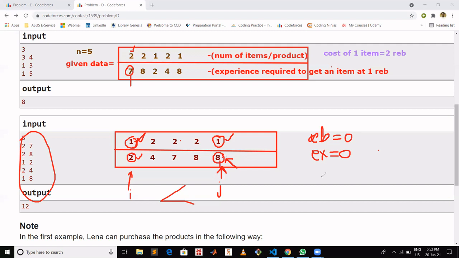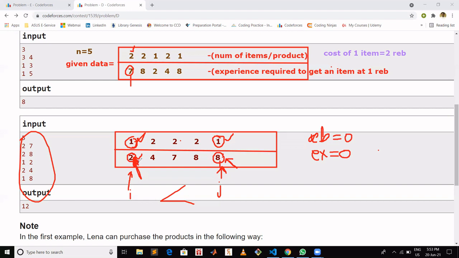How many products should we purchase of the jth one? Should we go for all items of jth one at 2 price, or some? How can we decide this? For this we will check what is the requirement. For requirement we will see the minimum experience we need to purchase the ith product first, because this is the smaller experience product.